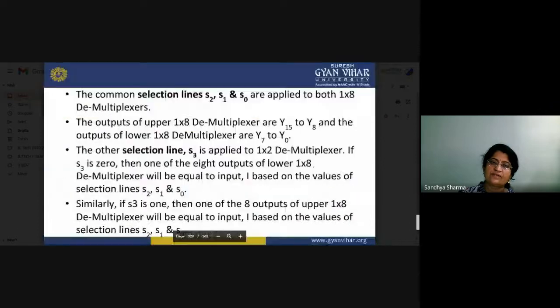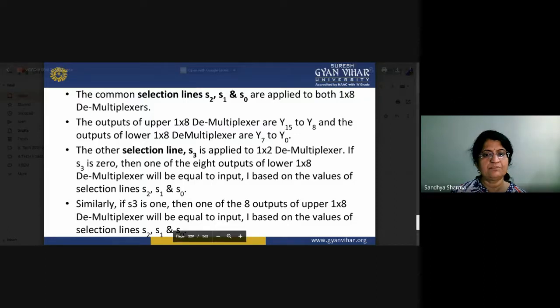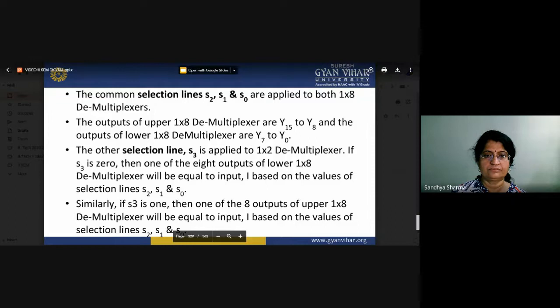The selector lines S0, S1 and S2 are applied to both 1 raised to 8 demultiplexers, and the outputs of the upper one are Y15 to Y8, and the lower demultiplexer gives Y7 to Y0. So if S3 is 1, then one of the 8 outputs of the upper demultiplexer will be selected.